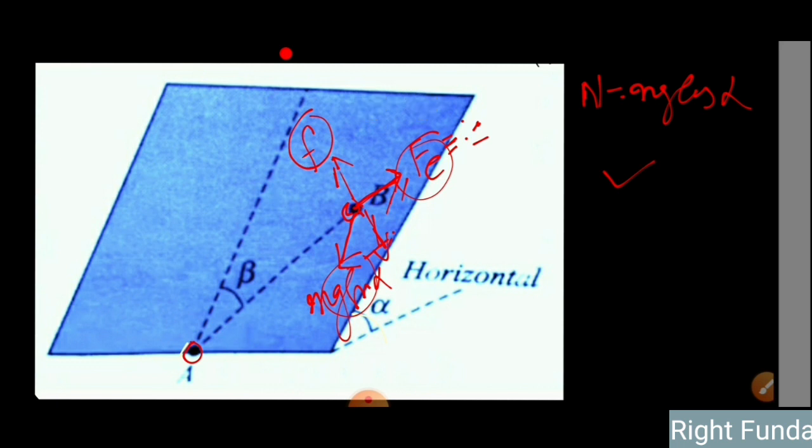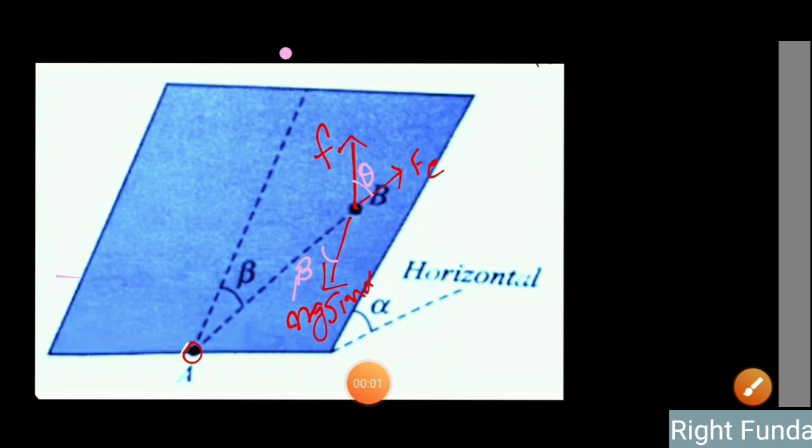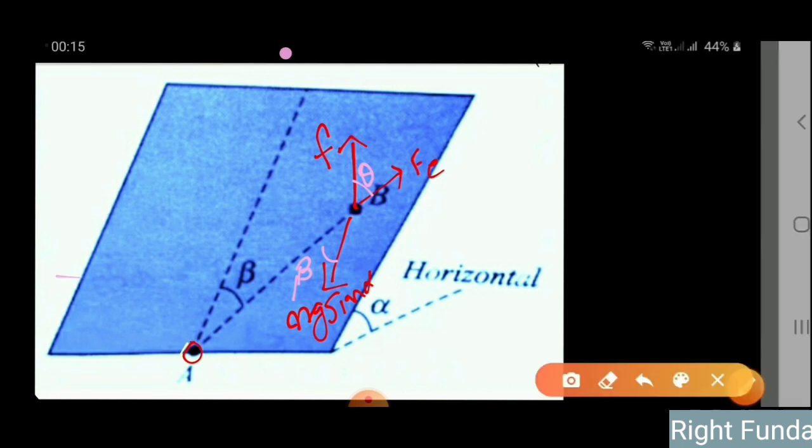But if you read the question carefully, this force is not given. Then how can you solve this one? How can we solve this problem without Q1, Q2 or the distance of separation being given? Basically, we have to solve the problem by avoiding this electrostatic force. Had we known the electrostatic force, we could have applied Lami's theorem, since the three forces are in equilibrium, or resolved into components. But this is not given, and the friction force has to act opposite to the resultant of these, so we don't know where the friction force will act right now, because we don't know the magnitude of this force.